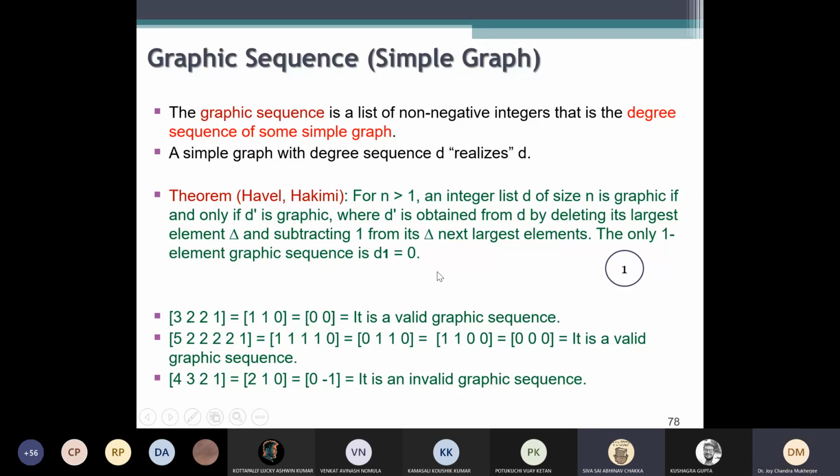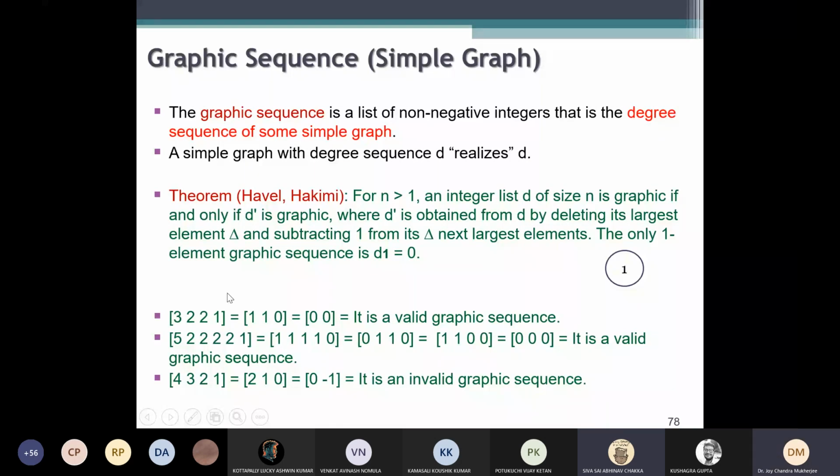Now for n greater than 1, if the number of vertices is greater than 1, what is the characterization they made? An integer sequence d is a graphic sequence if d prime is a graphic sequence, where d prime is obtained by deleting the first element, the largest element delta, from it, and subtracting 1 from the next largest elements. So basically what it says,